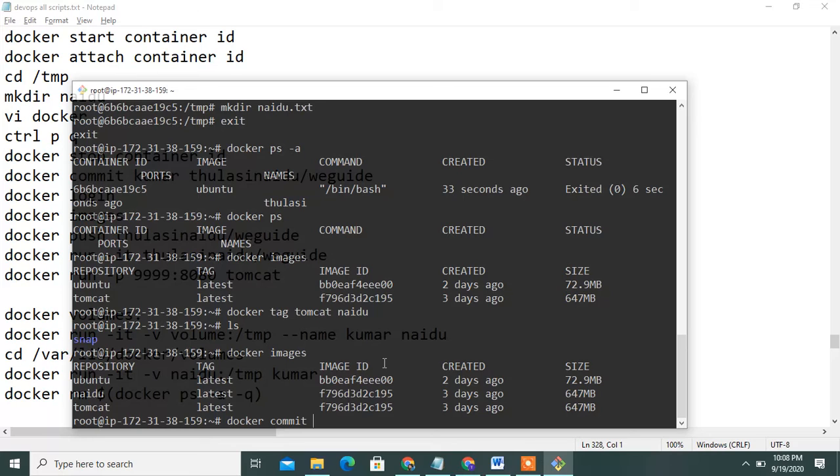Docker commit, the container ID and the image name.